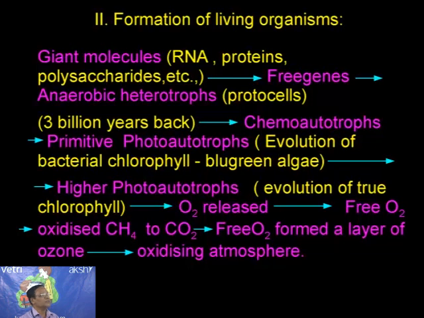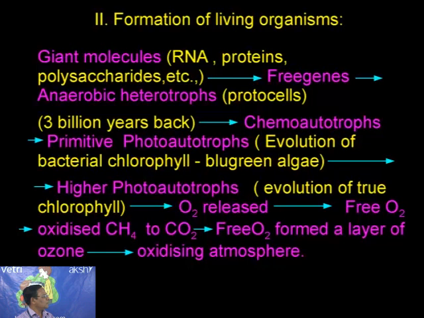So it utilized energy, it obtained energy by means of an anaerobic method. It didn't have chlorophyll, that is why it's called a heterotroph. So the first formed protocell was nothing but an anaerobic heterotroph that formed nearly 3 billion years ago. Life originated more than 4 billion years ago, the first life. But the first protocell, the first living organism, originated nearly 3 billion years ago.